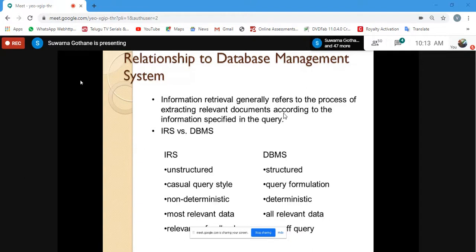DBMS is called structured data, whereas in the IRS, information retrieval system, the data is unstructured data. Unstructured means it does not have any tabular representation of data, which can start at any point and end at any point. There may be certain paragraphs.